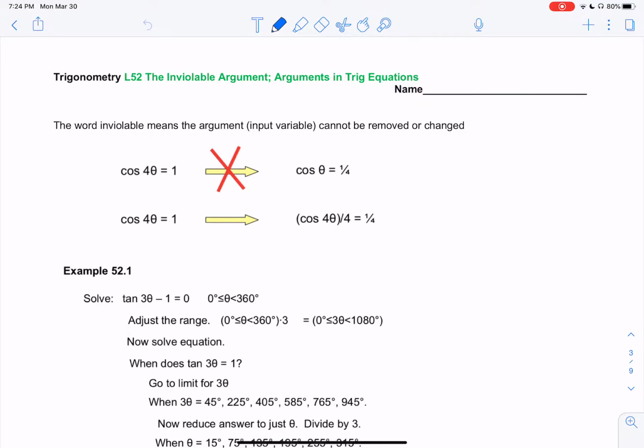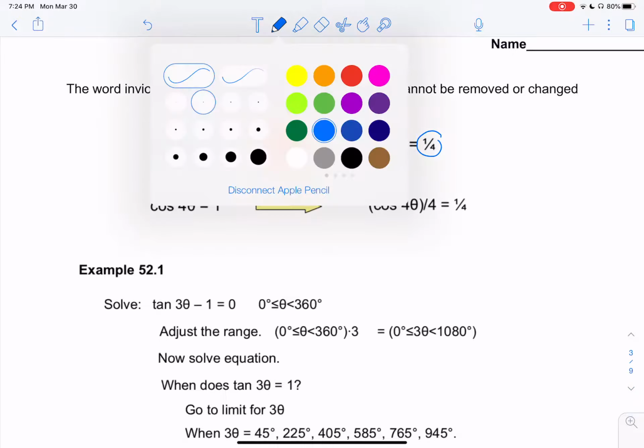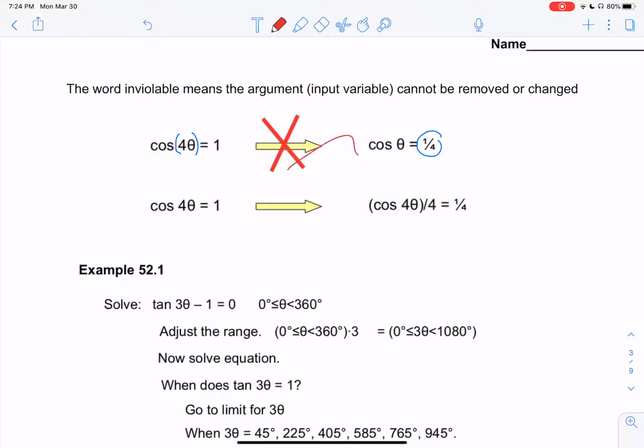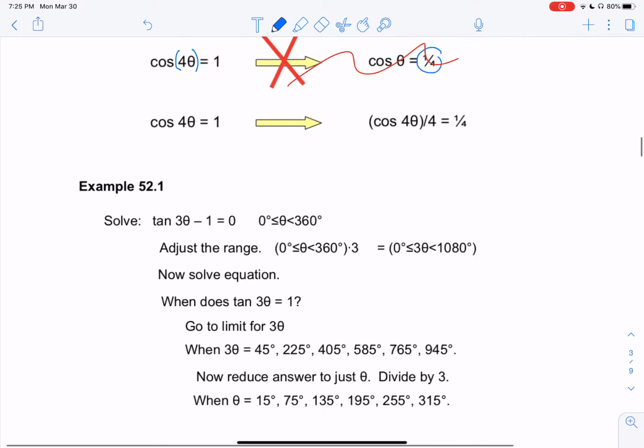The first thing you're going to notice that's different on these is that we have something in front of our theta. Sometimes it's x, but a lot of times we're using theta. So we have cosine with a 4 right in front of the theta. Do not think that that can just be divided over to become 1/4, okay? You have a big X there. We cannot do that. Instead, you actually have to solve it, and then at the end of everything, divide it by 4. So we're going to go through an example here